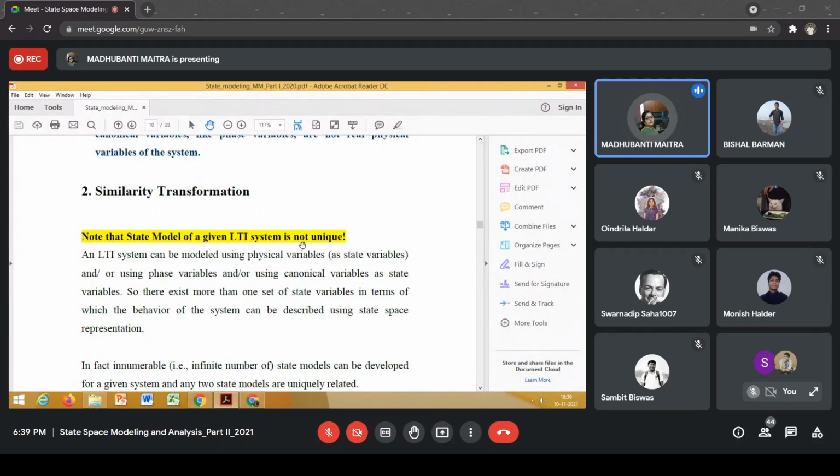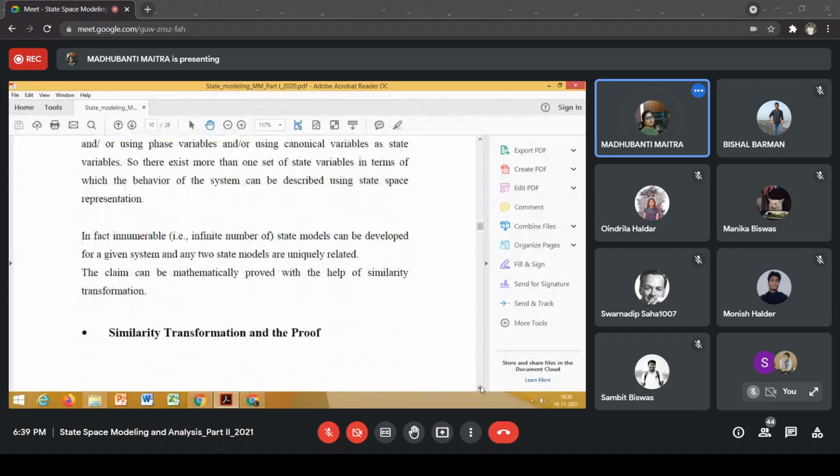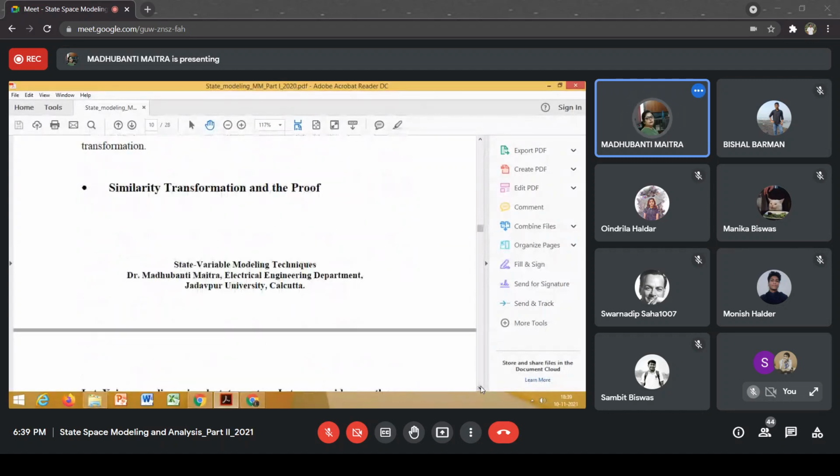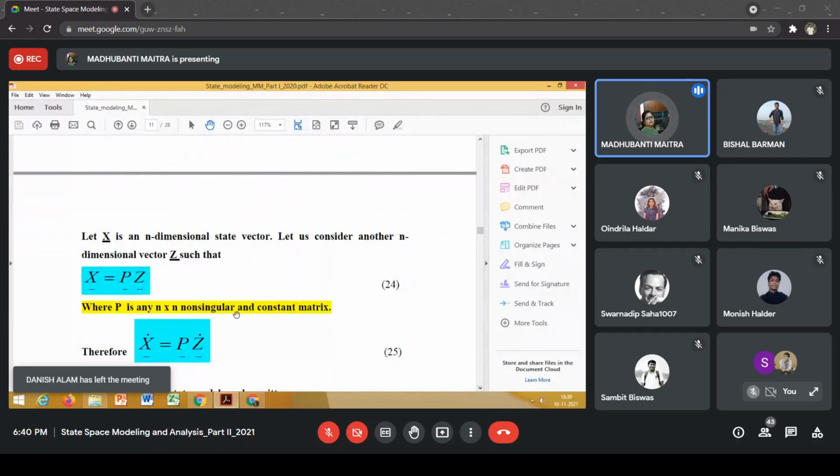So, what do we want to prove? We want to prove that the state model of a given LTI system is not unique. So, how to prove that? Let's assume that the state model of a system is given by,